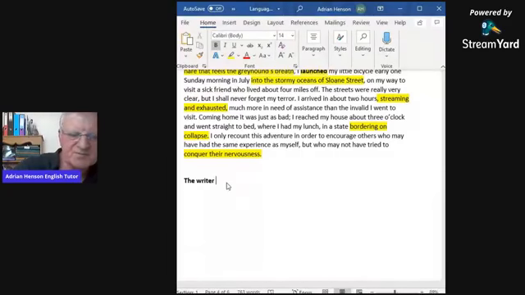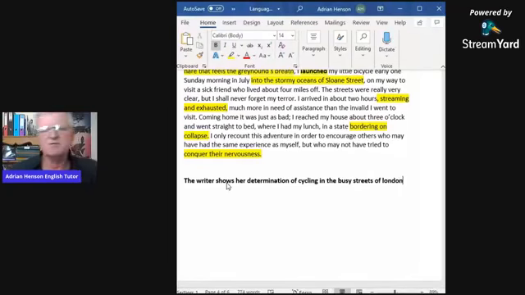shows her determination of cycling in the busy streets of London. So we said the writer shows her determination of cycling in the busy streets of London